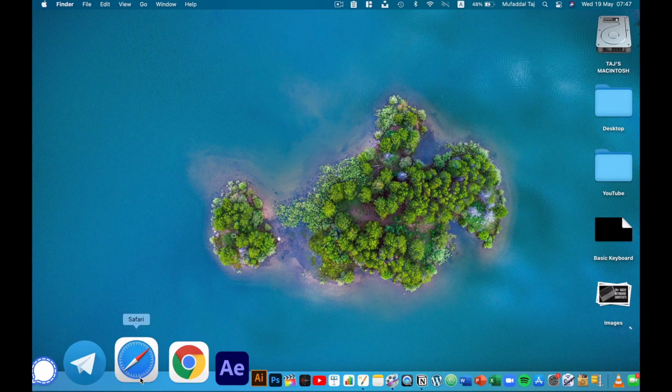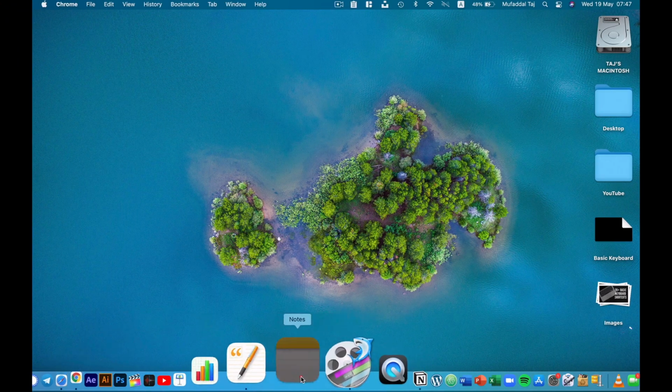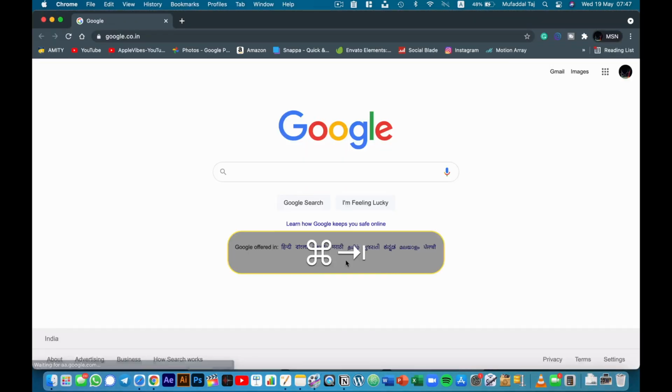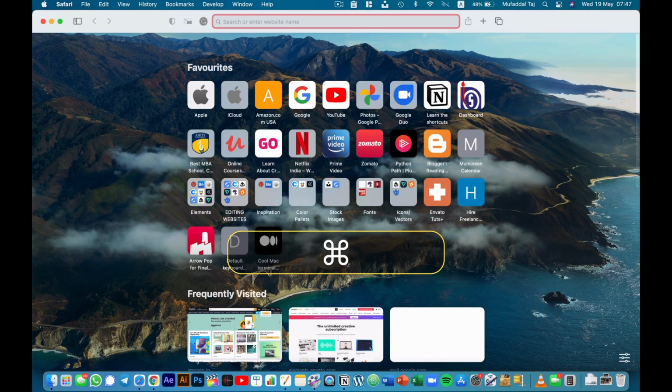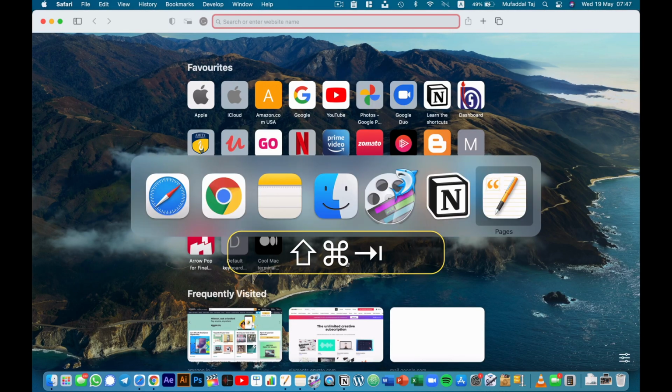When we have many apps running simultaneously like on Windows, to switch quickly between the apps, press and hold Command and Tab key. Then keep holding the Command key and use the Tab key to cycle between the apps. Then leave the Command key on your desired app. Now if you add Shift to the combination, you'll be able to cycle backwards. Only this time hold on to both the Shift and Command key and use the Tab key to cycle between the apps.